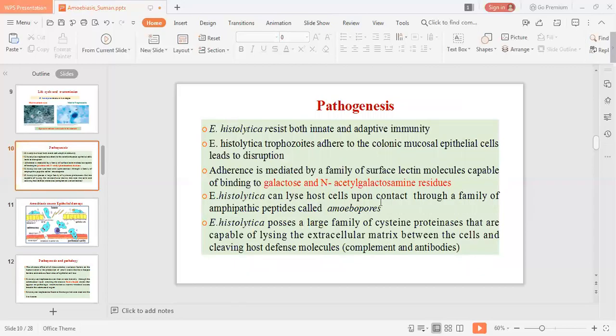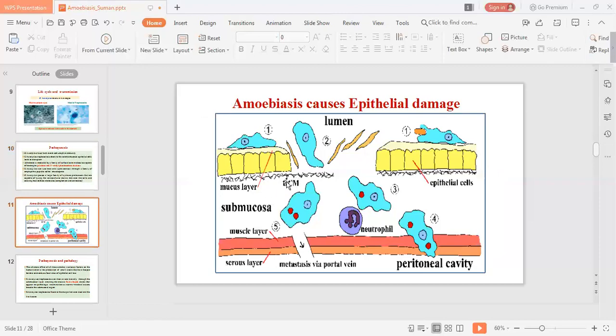Now, this particular parasite possesses a large family of cysteine proteinases. So these cysteine proteinases are capable of lysing the extracellular matrix. Here, this is the extracellular matrix. So it is capable of lysing the extracellular matrix as well as combating the complement system as well as